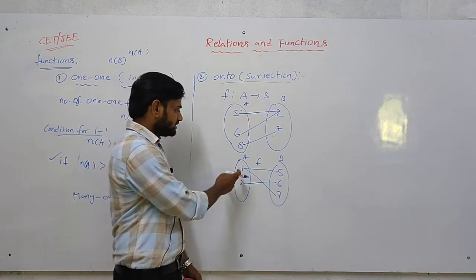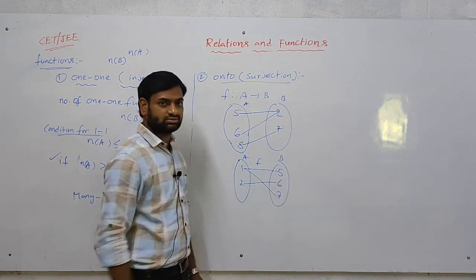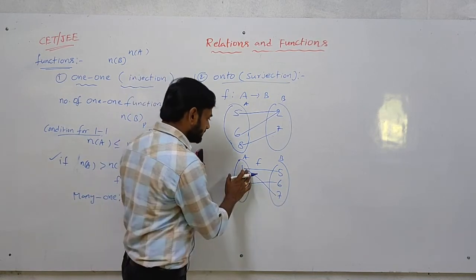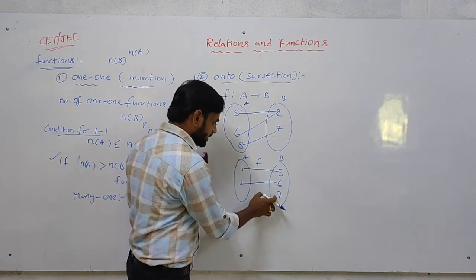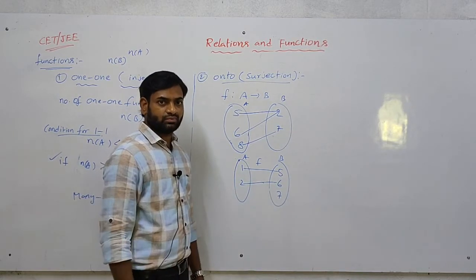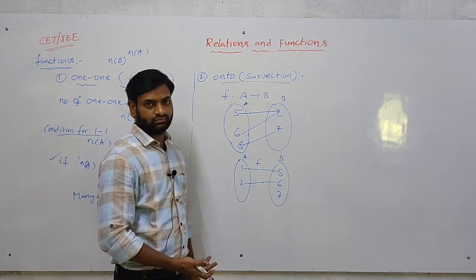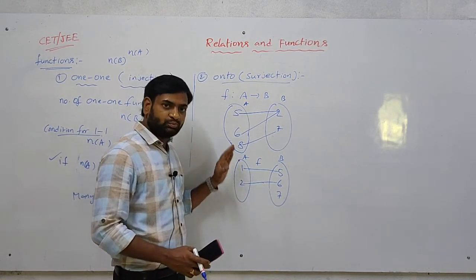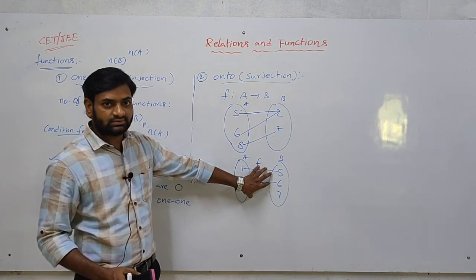What does function mean? Every element of set A should have only 1 image, but here one has 2 images. That's why it is not a function to start with. We can't map here. We can't map here either, because 2 has 2 images. It is not a function. When it is not a function, how can you define onto? To define onto, it should be a function. So it is not possible to make it onto. So here we can't get onto functions.